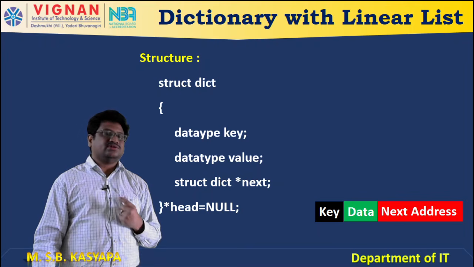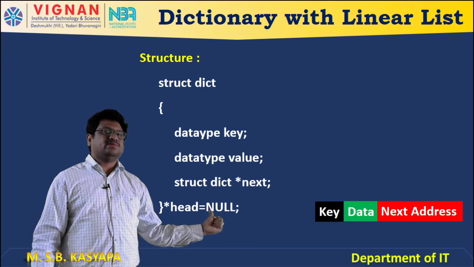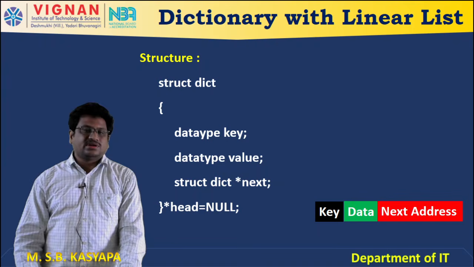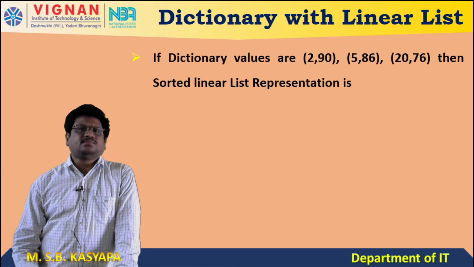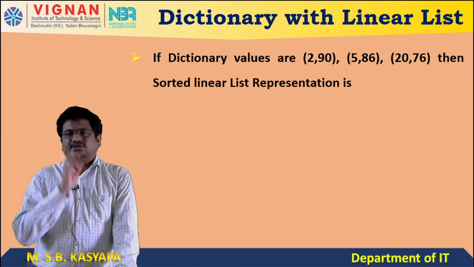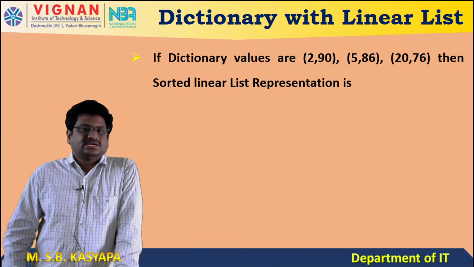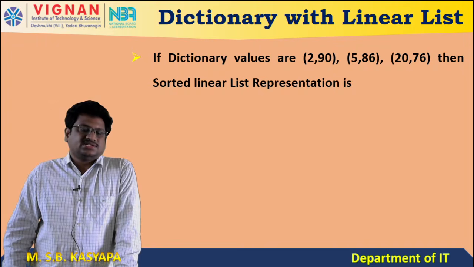So obviously, while you are creating at the starting, the head will become null. So without any elements, we will create a dictionary. Okay. Now, see, if a dictionary wants to insert values 90, 86, 76, if it is a linked list,